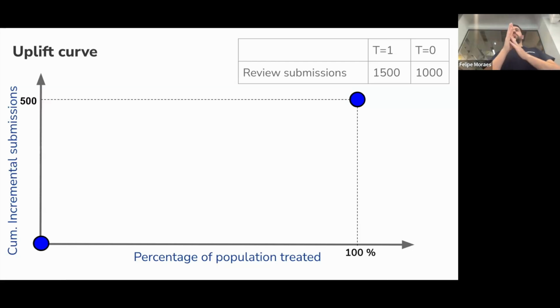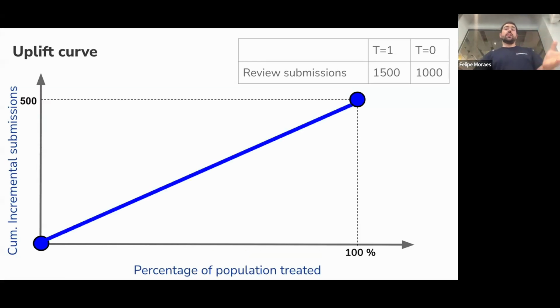But, you know, some people would scale it up, and instead of 500, they would say, because the control is 0 and 1, then it's 50-50. So what I want to know is how it would be in 100%. So then it would be 500, it would be 1,000. But there's different ways of calculating it. This one is the easiest one to present, so I'll go over this. So we have the 500, which is the end, which is treating everyone. And then we know the random curve.